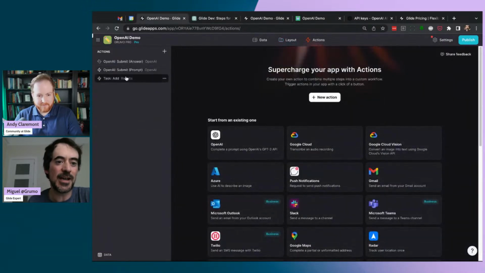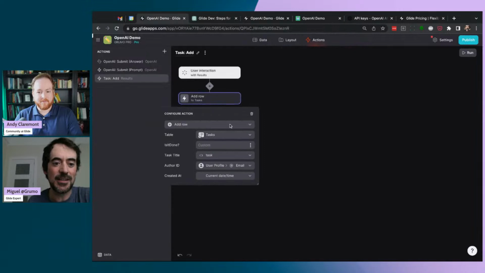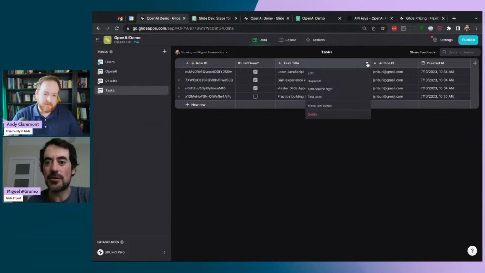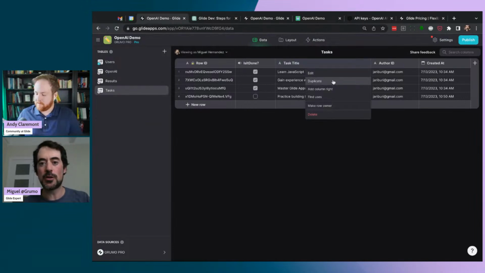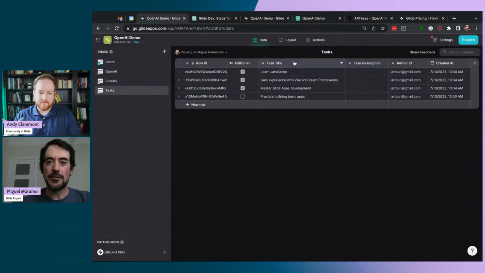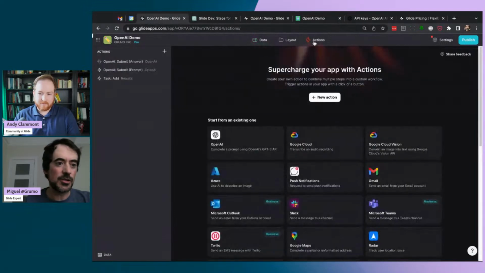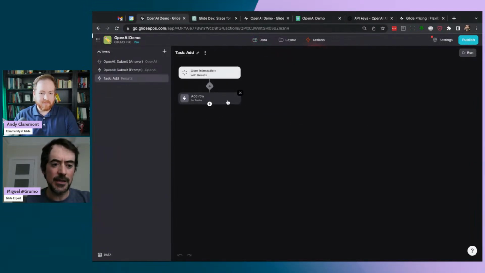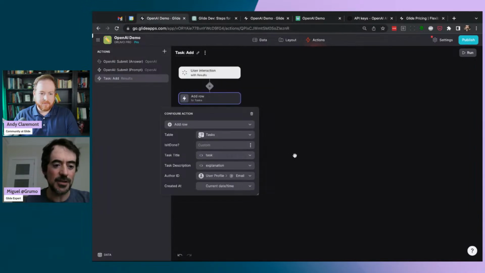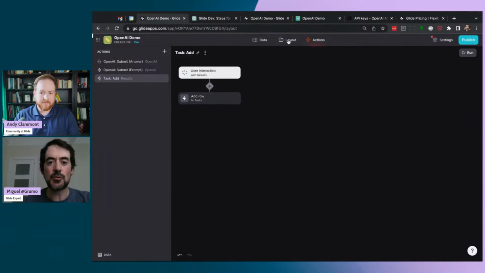When we go to task add, we need to go to our data and make sure we have a place to save the description or the explanation of the app. So we're going to duplicate the task title to task description. And we can go to actions, add, and now we can save the explanation under the task description column. So when we save